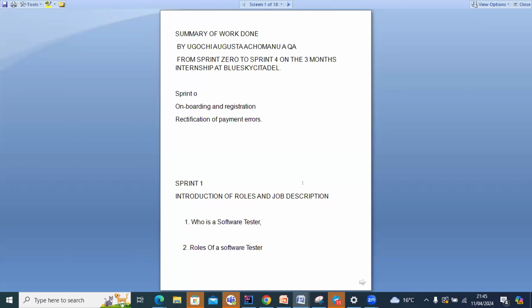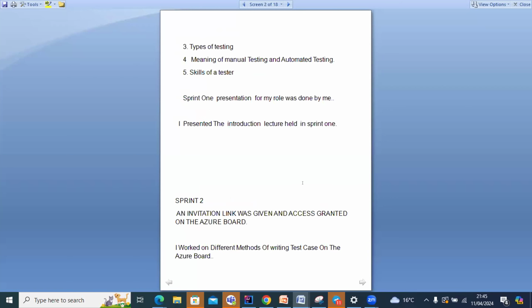In Sprint 0, we did onboarding, registration, rectification of payments, and the rest of them. Then in Sprint 1, we had an introductory class where I was introduced to who a tester is, the roles of a tester, skills of a tester, and types of testing, where we have manual testing and automated testing. A tester must be observant, must have an eye to detect problems and also the ability to solve problems. At the end of this sprint, I was able to represent my team in the sprint